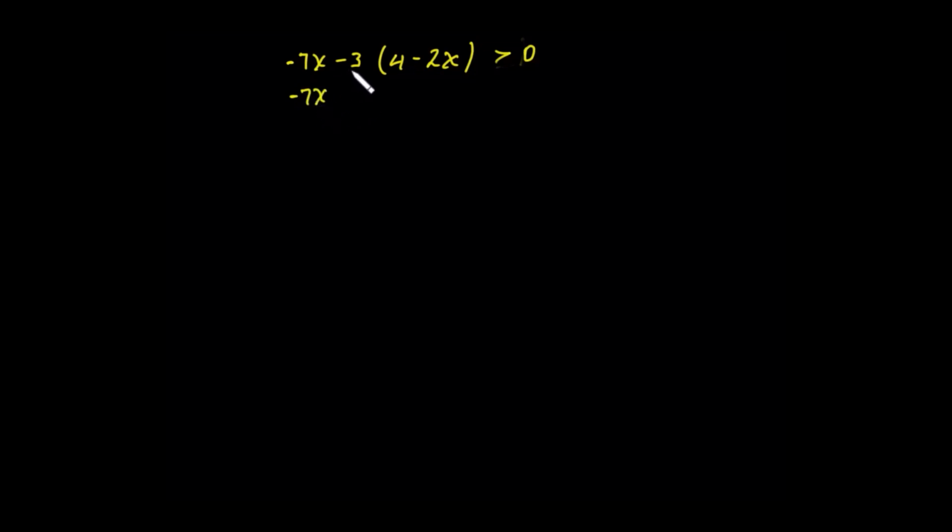ስለዚህ ይሄን ስንጠቀም we write -7x as it is. -3 times positive 4 is -12. -3 times -2x is positive 6x is greater than 0 አድርገን መጻፍ ነው። አሁን ምን እንደያደረግነው we just remove the bracket ይሄን ብራኬት ነው። ከዛ በኋላ ኮሚቴቲቭ ፕሮፐርቲ ተጠቀሙ። this is -7x plus 6x minus 12 is greater than 0 የሚል።